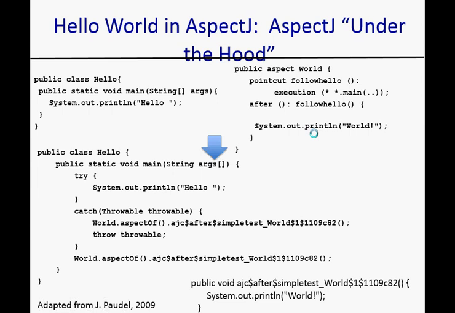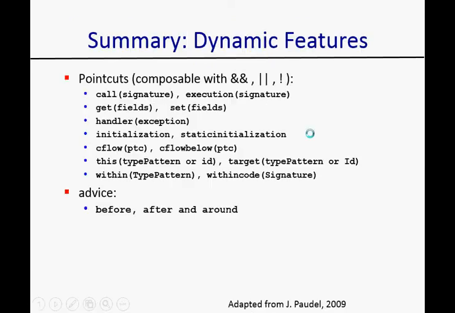Okay, and in this code that it's calling off here, it's going to print out world. So this is how this aspect got woven into Hello to modify this class so that it properly calls off, ladies and gentlemen, to this advice. Okay,